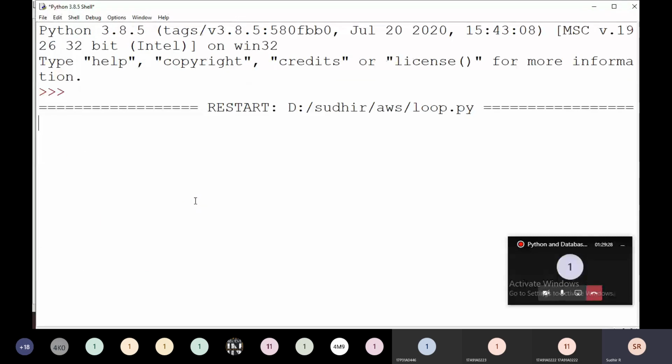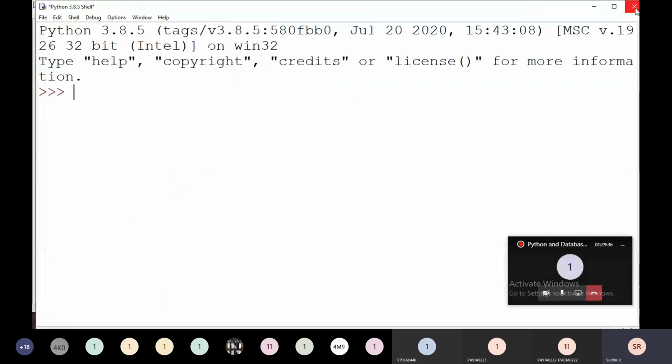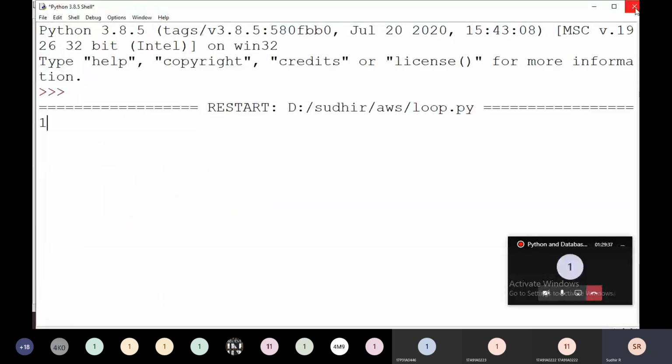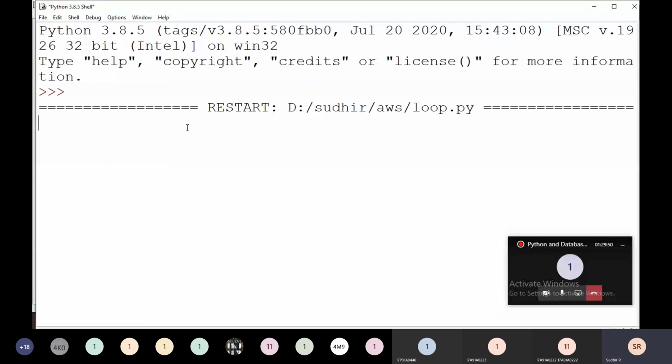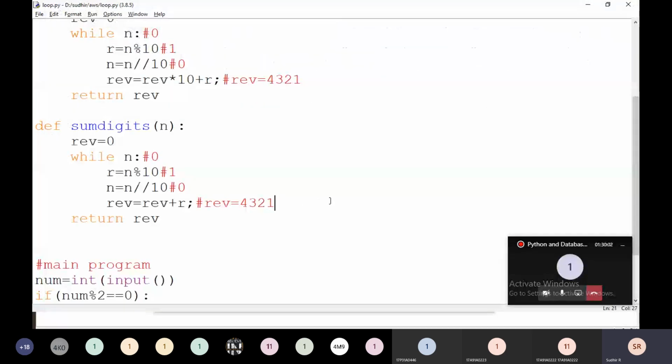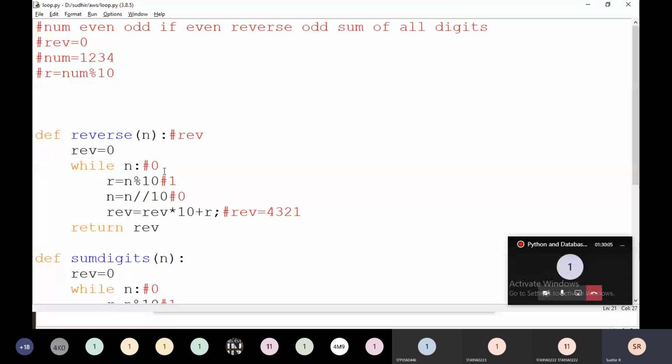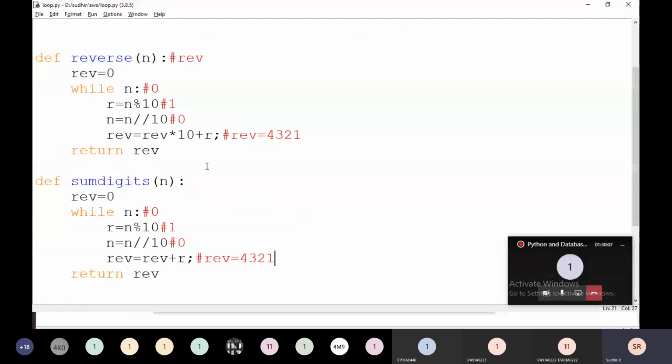If it is like this, the output is 4321. If I am going to execute it, this is the odd number, right? Then the output is going to be, just wait. I am going to give here n. Writing the logic on n. 1, 2, 4, 3. The output is going to be 10. 1 plus 2 is equal to 3. 3 plus 4 is equal to 7. 7 plus 3 is equal to 10. Like this. We are going to write the logic like this. Is it clear, everyone? Yes, sir.